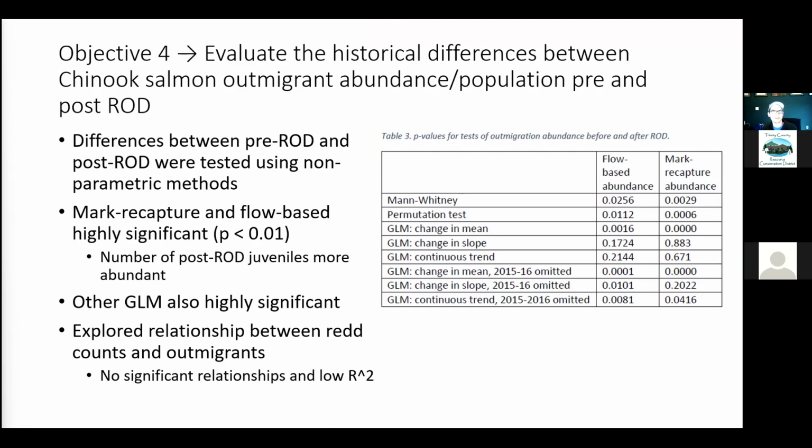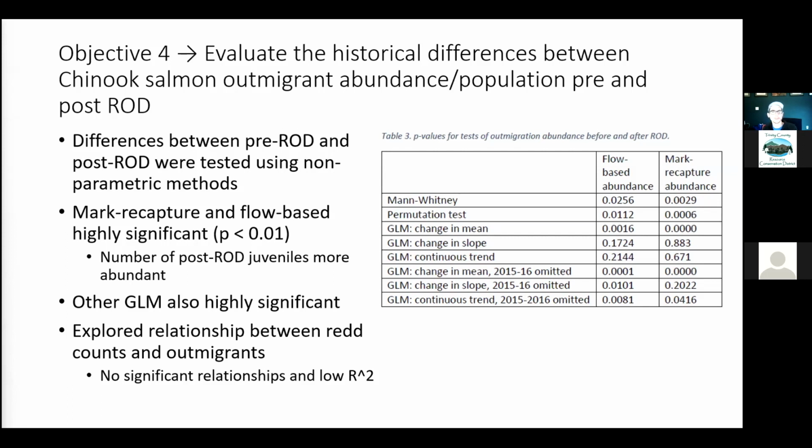Mark recapture and flow-based estimates were highly significantly different pre and post ROD, and post-ROD juveniles were more abundant. Other general linear models were also highly significant. Then we explored the relationship between redd counts and outmigrants, and we saw no significant relationships and low R-squared values. In the figure on the right, you can see the p-values. So generally it was pretty highly significant